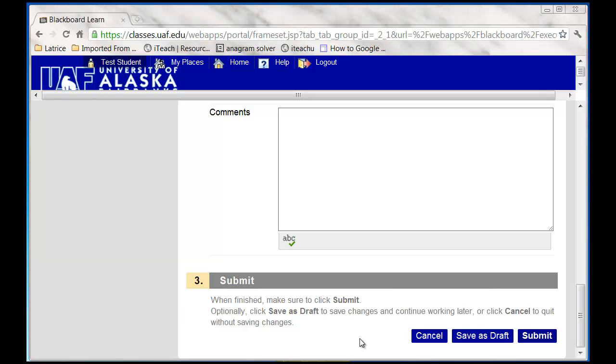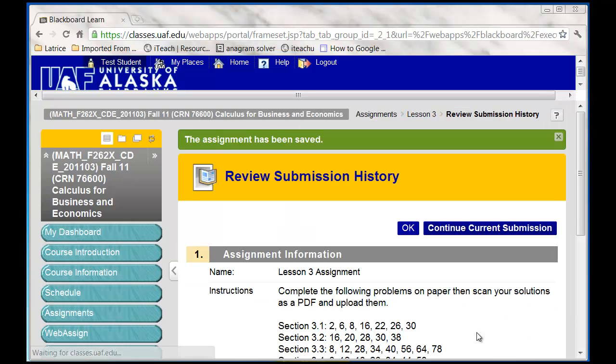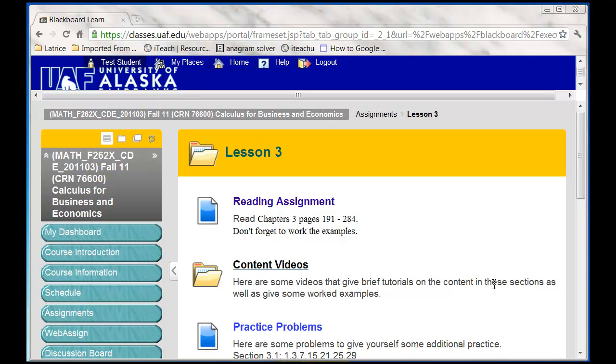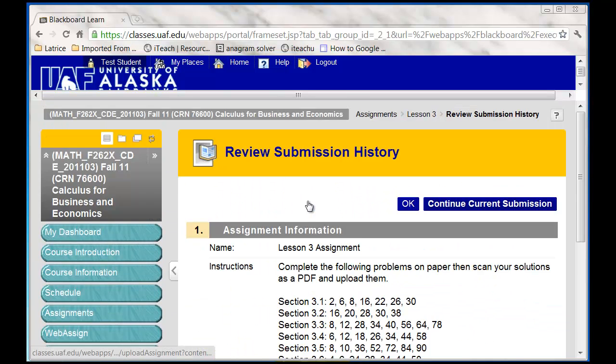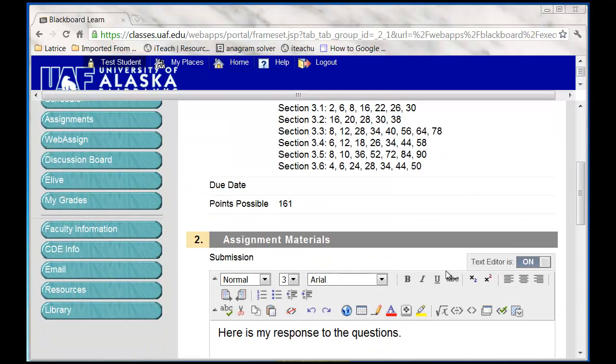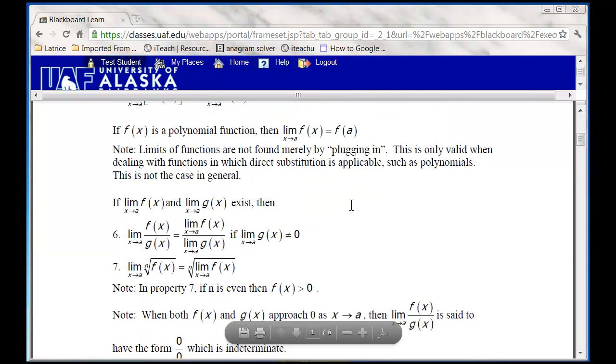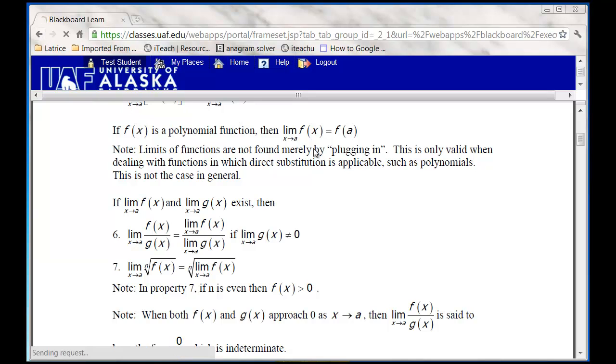Down at the bottom, I can save this as a draft, and I recommend always saving as a draft first. So now when I go back into lesson 3, I can view what I have in there as my PDF. I recommend doing this because, like I said, you get one submission per assignment. So you want to make sure it's correct and it has all of the pages that you want in there before you submit. If it looks right, I'm going to go ahead and go back,